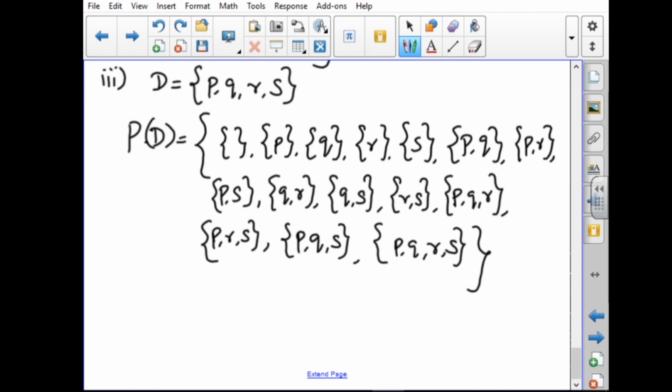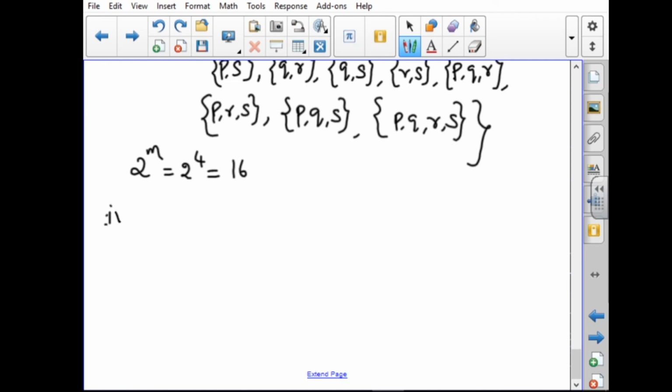So if you have many elements, you should check whether you have written all the elements or not, okay. Just check how many elements there are, totally 4 elements, that means the number of subsets is 2 power n, that is 2 power 4, which is 16. Just check whether 16 elements are there or not. 1, 2, 3, 4, 5, 6, 7, 8, 9, 10, 11, 12, 13, 14, 16, okay. So we wrote every subset. Okay, so it is correct. Okay, then next we can go to another sum.